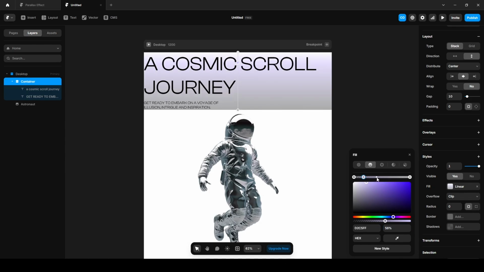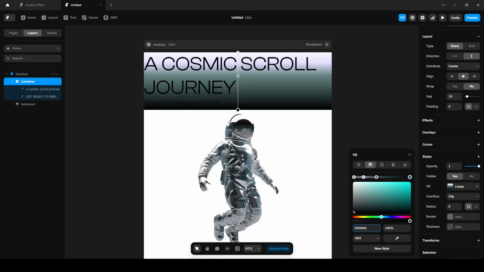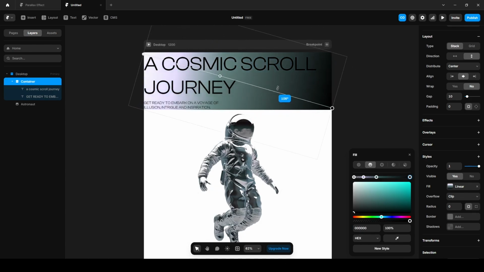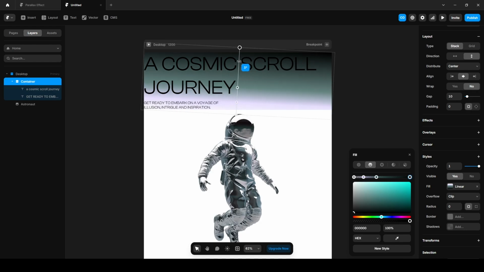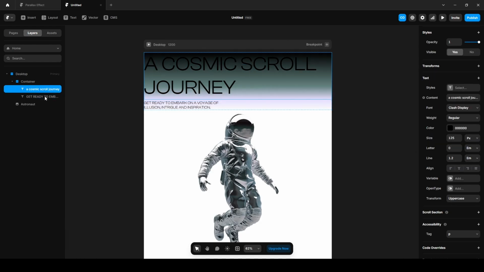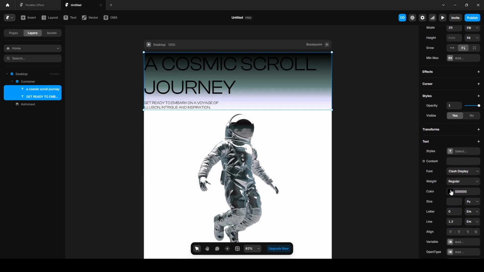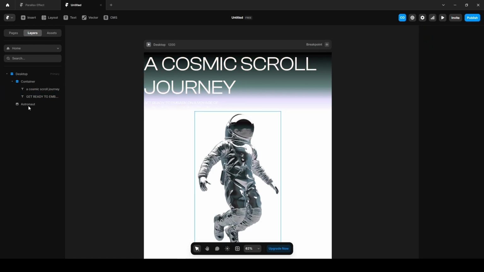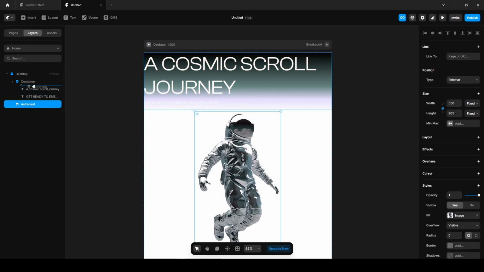Now click here and paste this. Increase opacity to 76. Finally, click here. Change the color to 000. Now move your cursor here. Rotate it like this to 0%. Select this text, both text, change the color to white and click this image, drop it into the